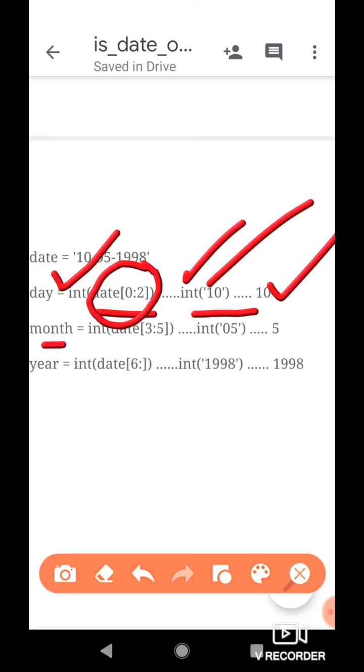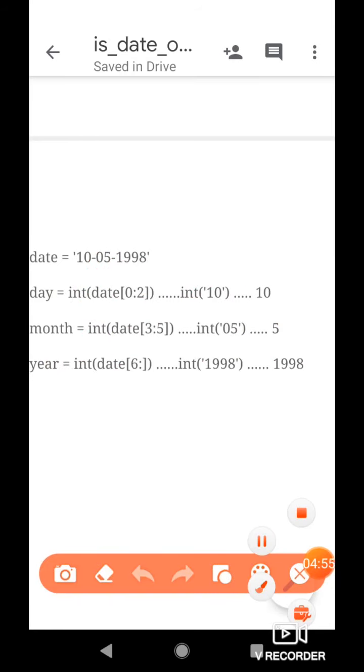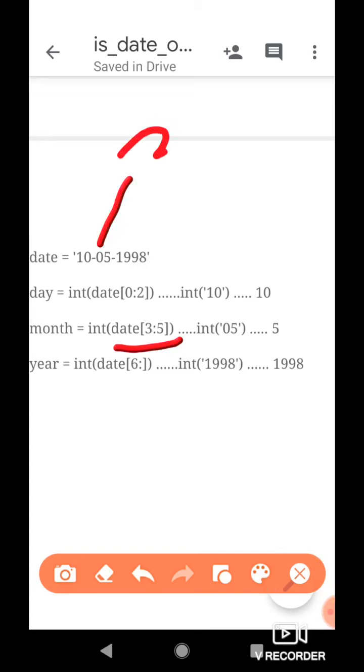Similarly, the month part of the date, we are going to extract it from the date with the slice 3:5. Now 3 is the index of this 0 character here, and 5 is the index of this dash.